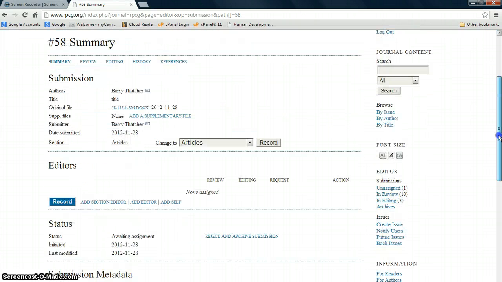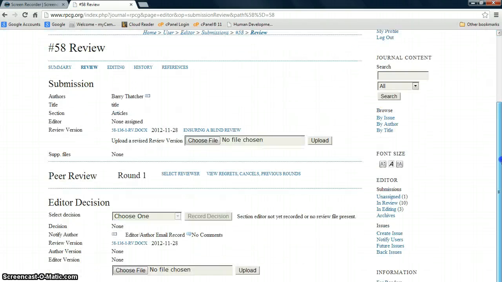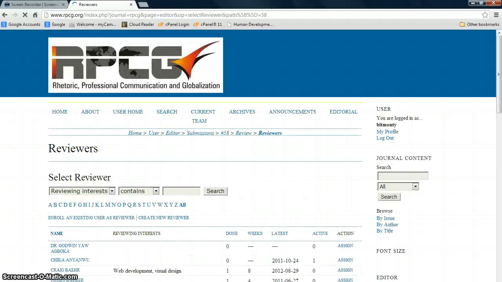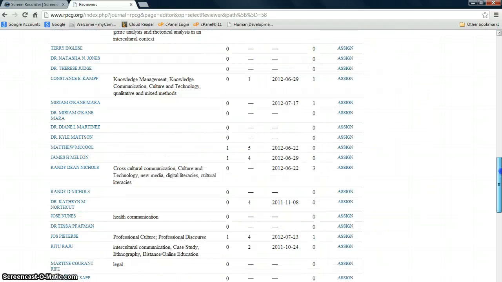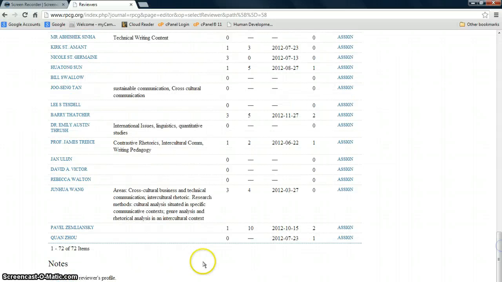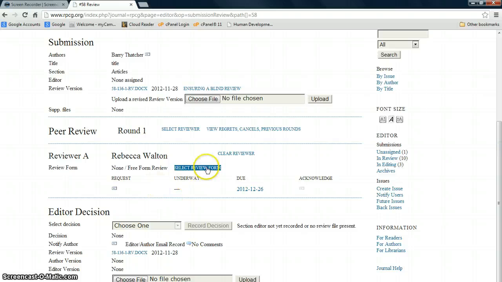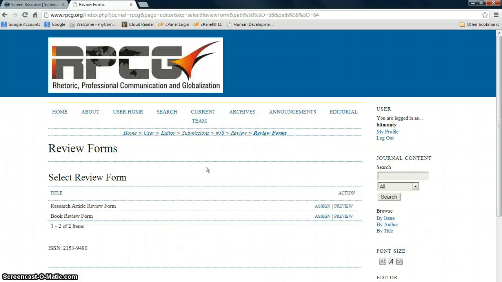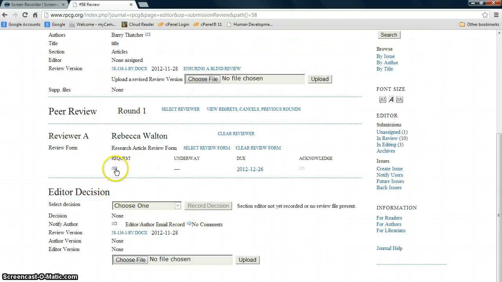editorial process myself. So as the editor, I will go up to review, and in the review I need to select the reviewers. So once I click the review, the list of available reviewers are in front of me, and I can pick anyone I want. So maybe I will pick Rebecca Walton to review this article, and I will actually give her the review form, which are the criteria, and then I will send her a notification